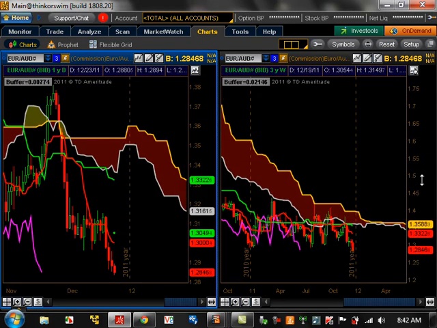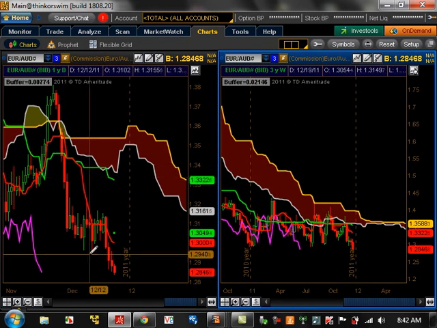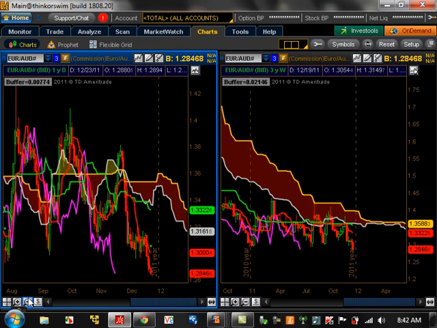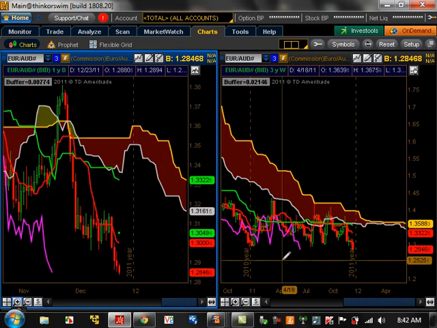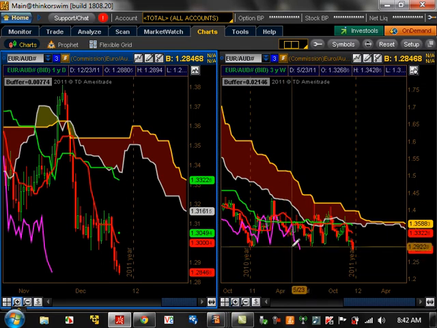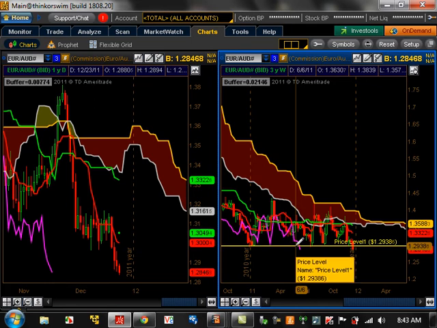Euro Australian. If you look down here on the daily time frame, you can see it's starting a bearish trend here. It's actually breaking a resistance level, and you can see that easier on the weekly time frame here. You can see this goes back to over a year, kind of closed below that on a weekly basis last